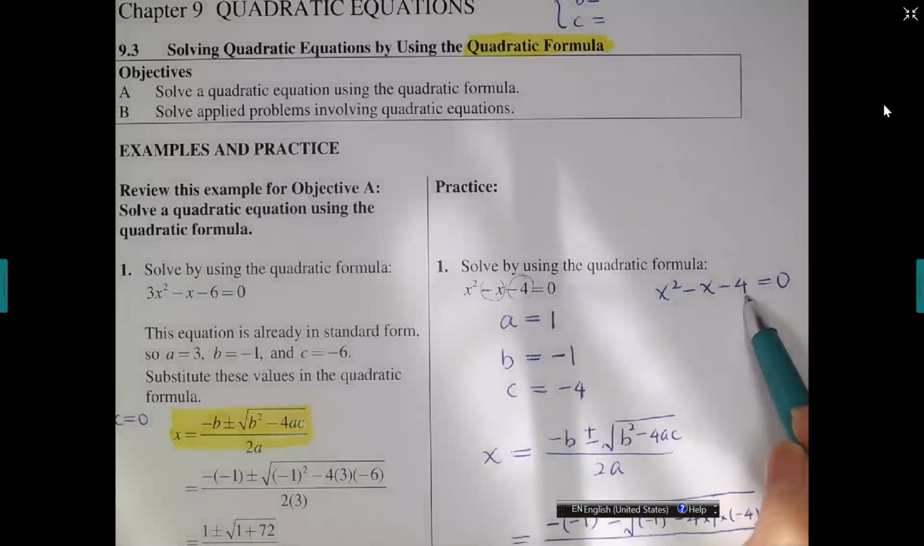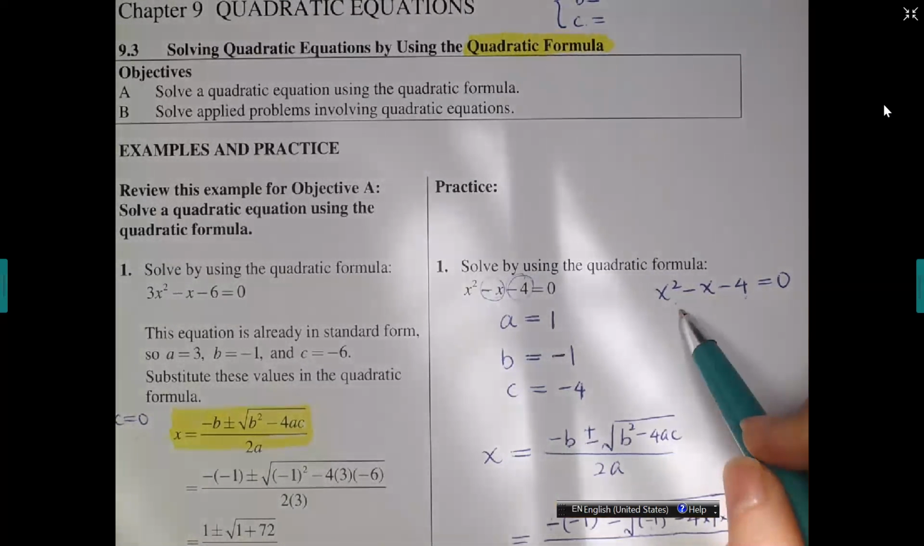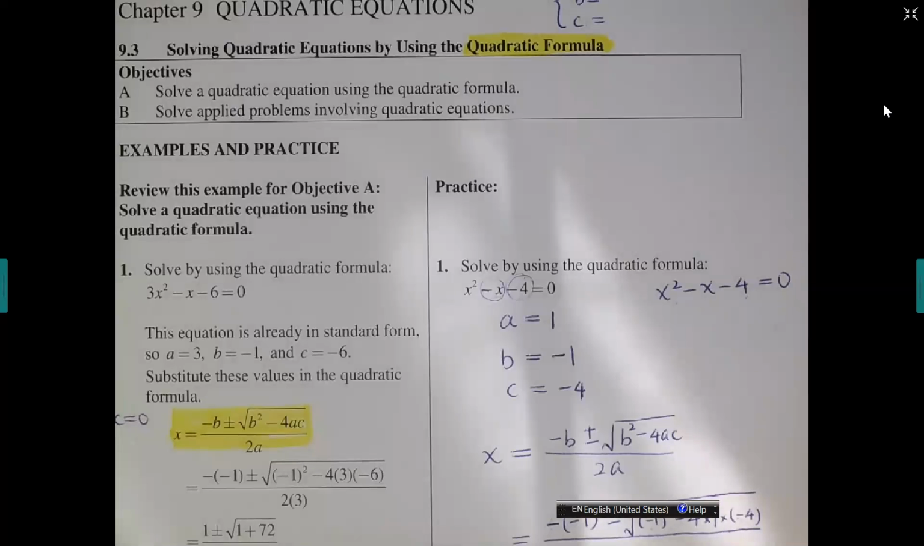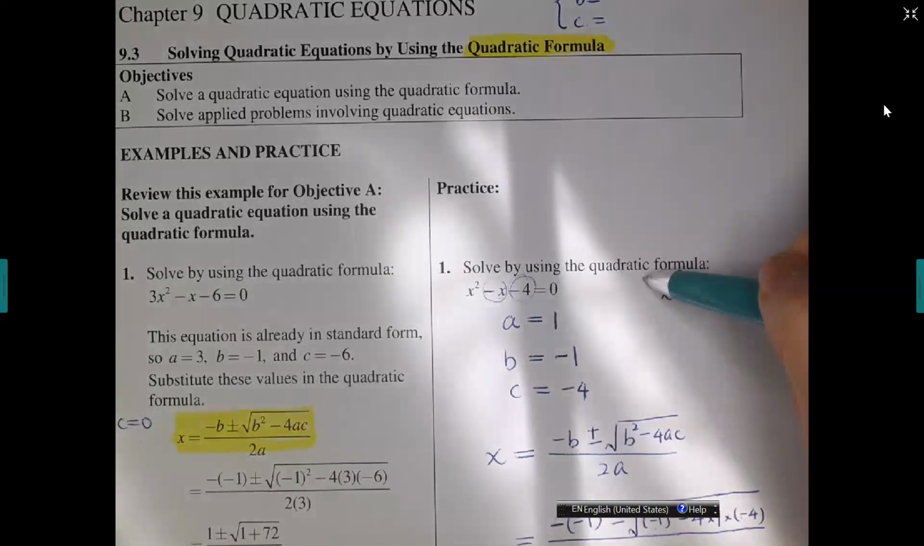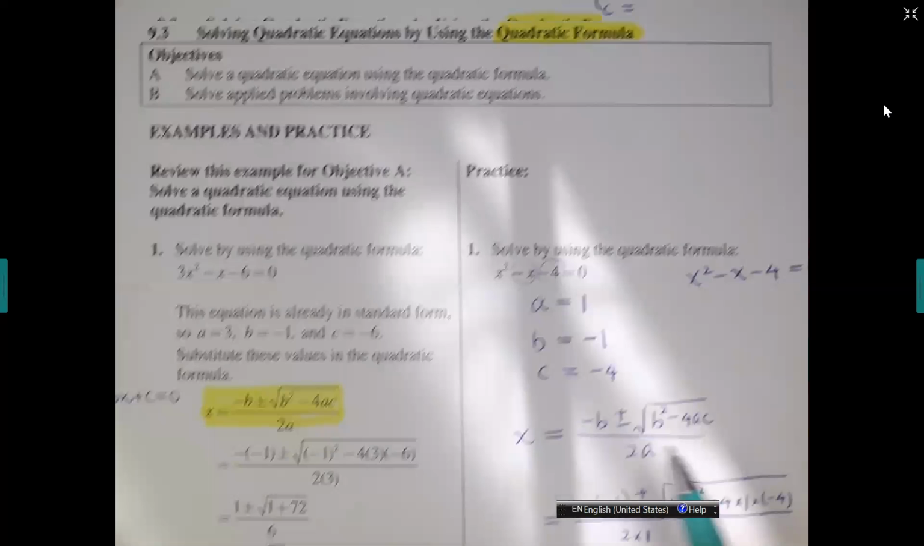No, because there are no two integers that make the product negative 4 and the sum negative 1. There does not exist two such integers, so we cannot factor it. If we cannot factor it, then we had to stop in chapter 6. But now, when we go to chapter 9, we know there is a very